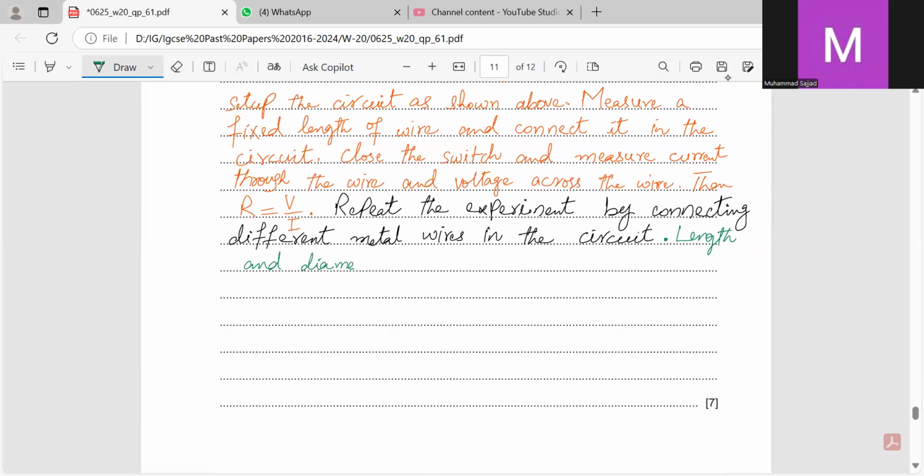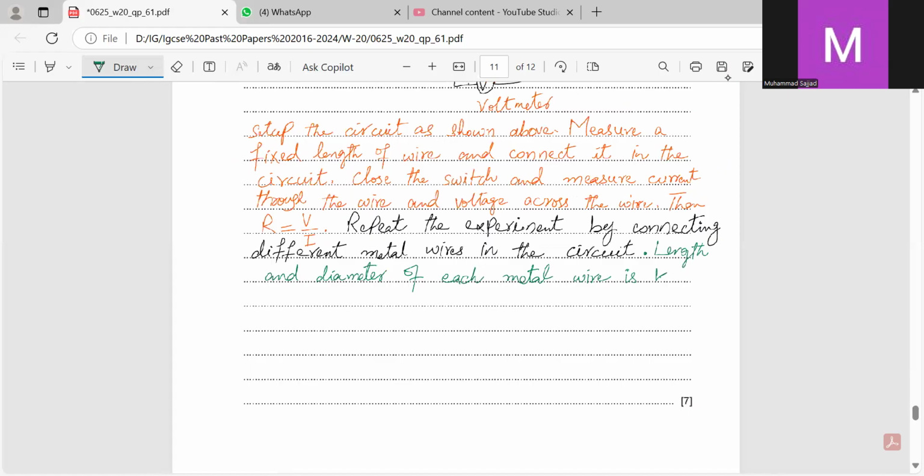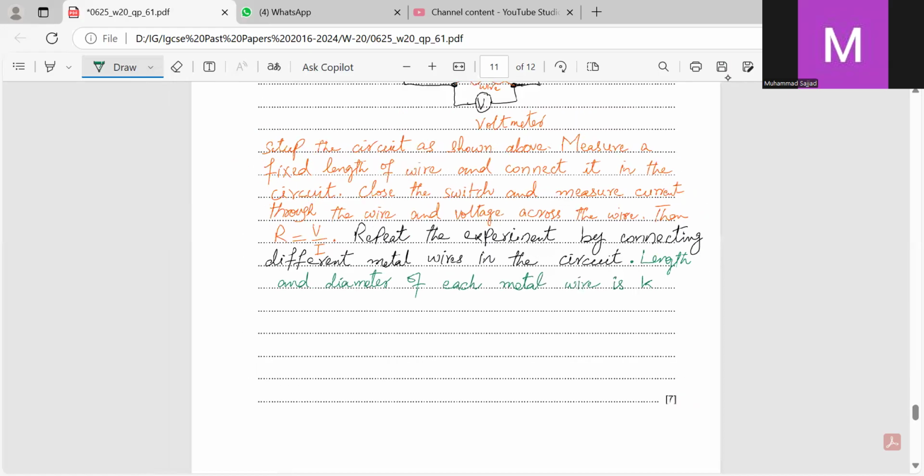Length and diameter of each metal wire is kept constant